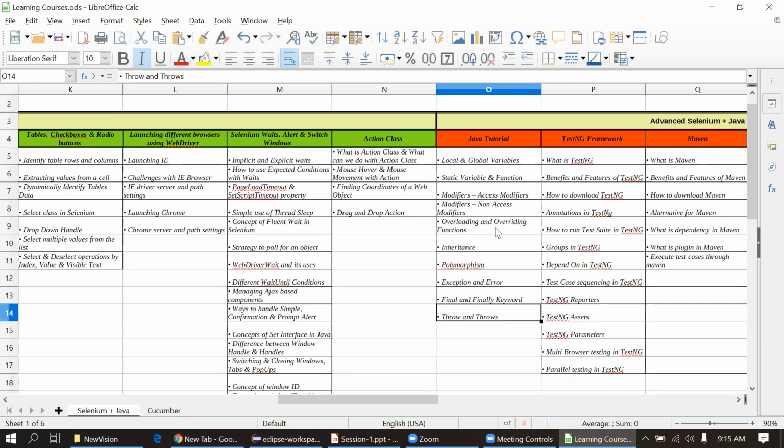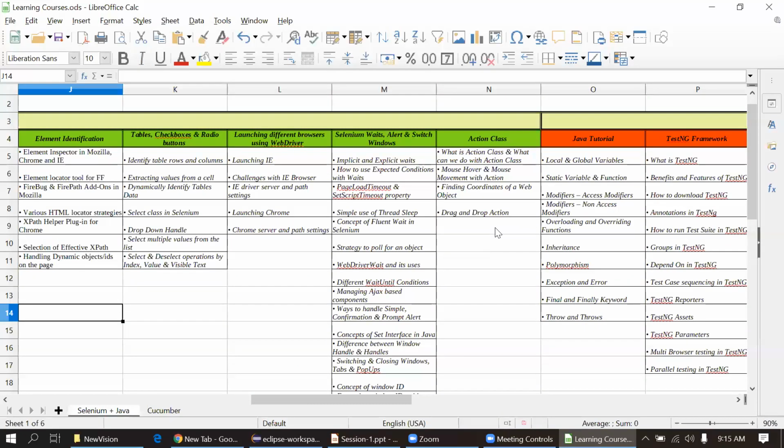Means simply we are learning how to handle the exceptions, because application is not perfect actually, and there might be some mistake or unexpected errors or exceptions that we have to handle in the script. Otherwise, our script will just fail abnormally and we are not getting the expected results. So we have to handle the exceptions in the Java. There are few exceptions in the Selenium as well, that also we are going to handle in the runtime. Okay, this is about the Java, what we are going to cover.